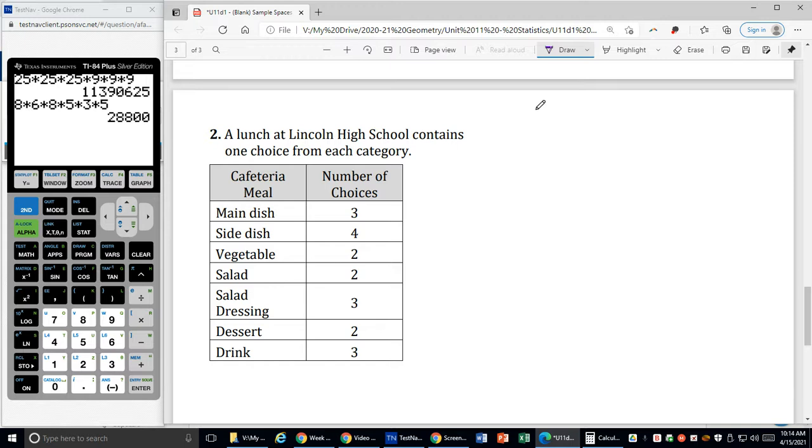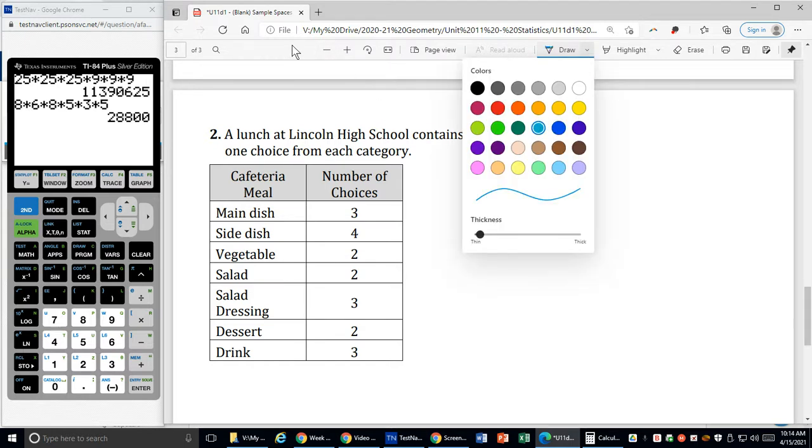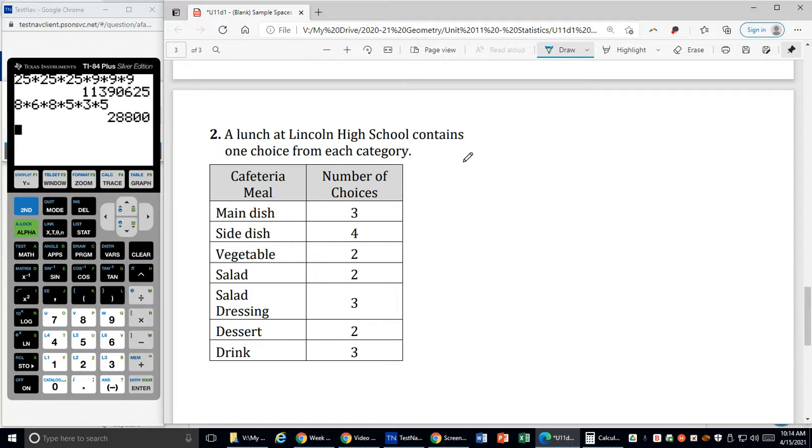A lunch at Lincoln High School contains one choice from each category. So I'm going to pick a main dish, I have 3 options. A side dish, I have 4 options. A vegetable, 2 options. A salad, 2 options. A salad dressing, there's 3 options. I get a dessert, I can choose from 2. And I get a drink, I can choose from 3. So assuming we are required to pick one out of every single one of these choices, that's going to be